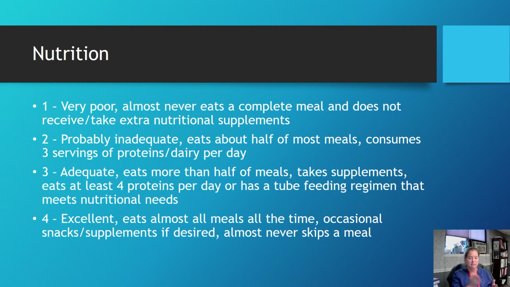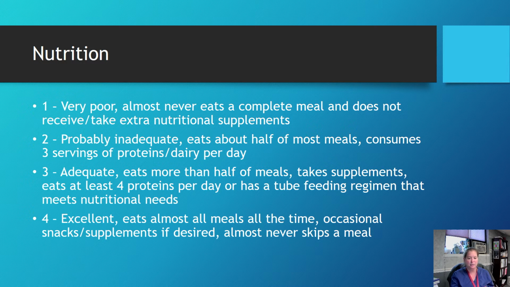Nutrition, again, 4 categories. Very poor is going to be almost never eats a complete meal, maybe eats 25%, and does not really drink their supplements. Probably inadequate is going to be someone who eats maybe half of their meals. Maybe they refuse breakfast every day,